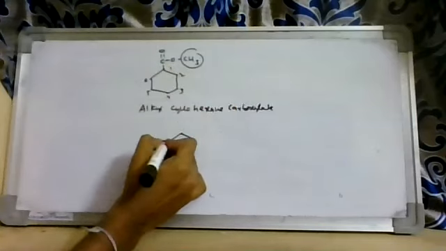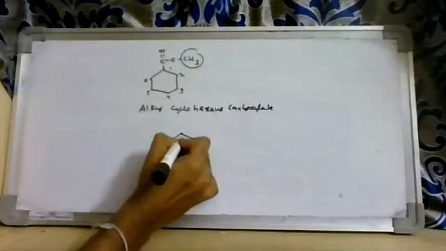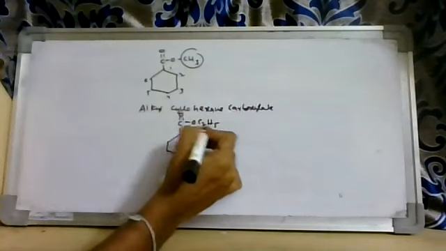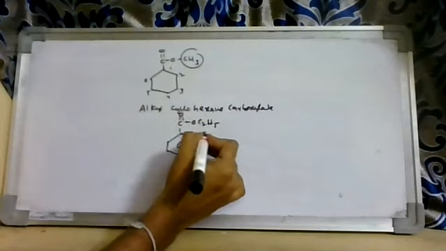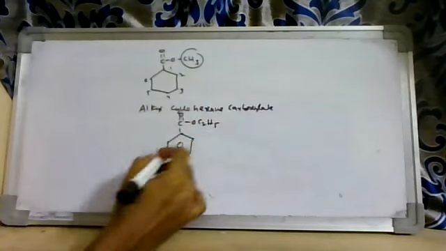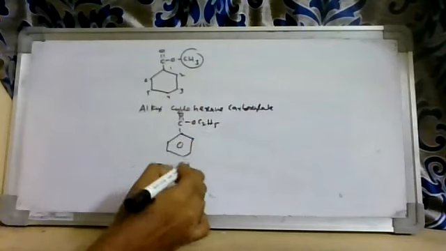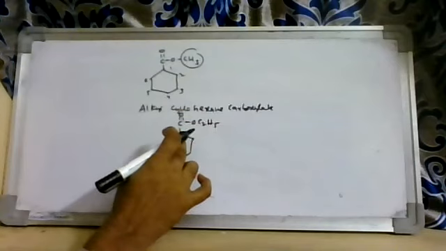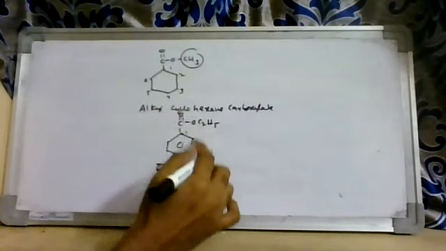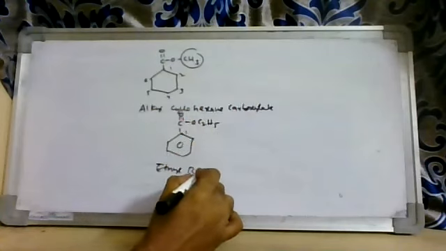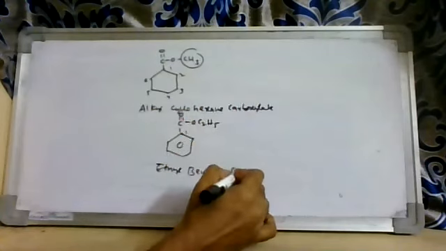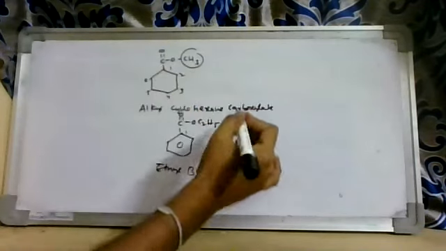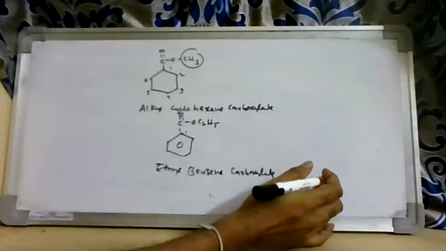Suppose I take a benzene compound also. Benzene with C double bond O C2H5. First write the alkyl, the oxygen attached part. So here an ethyl group is present, but I am not giving a number to the C double bond O. I am starting numbering from benzene, so it is a carboxylate. What is the name? Ethyl benzene carboxylate. If I don't give a number to the C double bond O, we call it carboxylate.